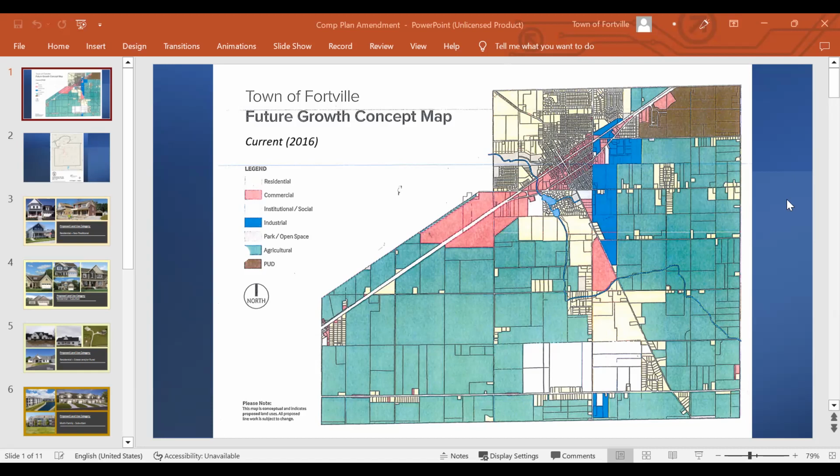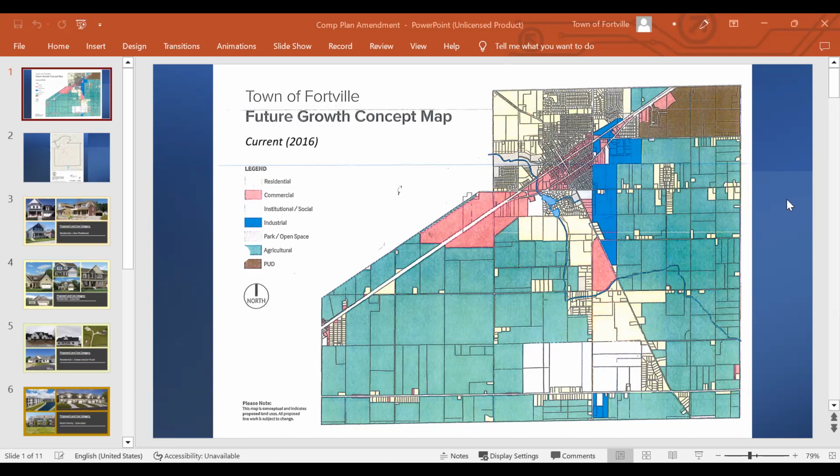The comprehensive plan is simply advisory in Indiana, and if somebody proposes a rezone, then under state law, you're supposed to take a look at both the map and the text to see if that particular rezone would be a good idea or not. And both the Plan Commission and ultimately the council are still free to make whatever decision they think is in the best interest of the community. But certainly having a well thought out land use plan can definitely guide those decision-making points.